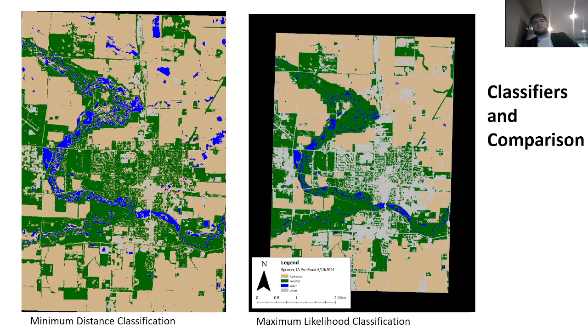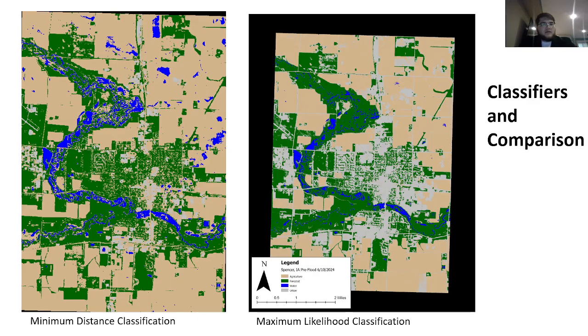So what we wanted to do was classify the images so that we could figure out the different types of area that were affected in Spencer most by flooding. In order to do that, you have to classify the before and the after image. So we used a couple different classification methods. We tried the minimum distance classification method, which had a lot of